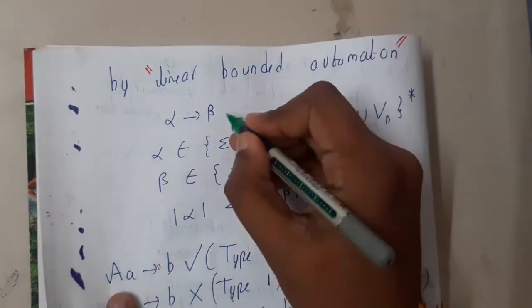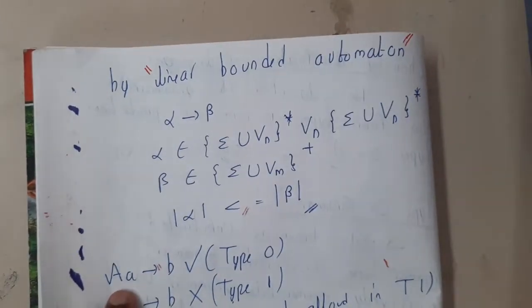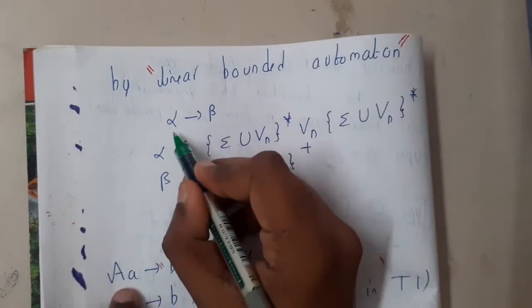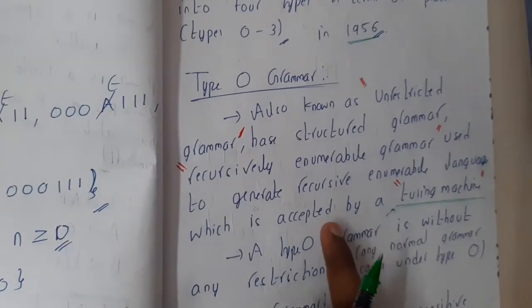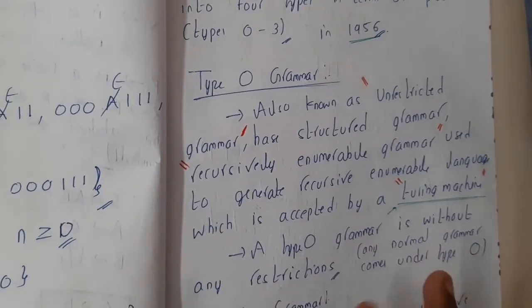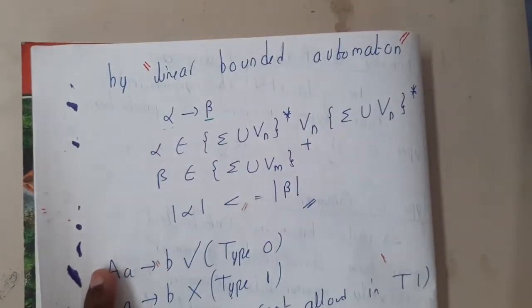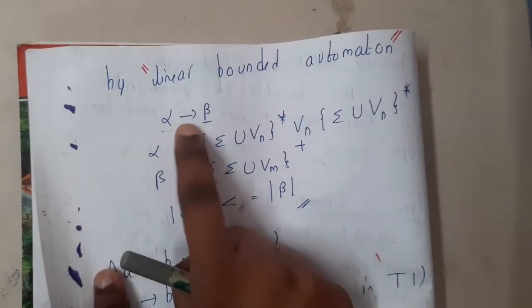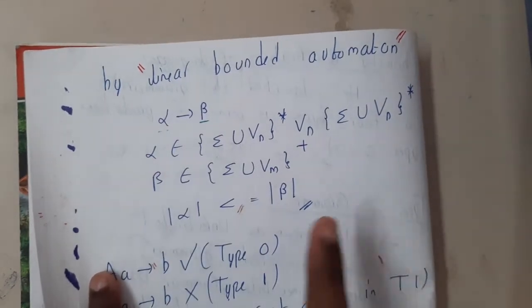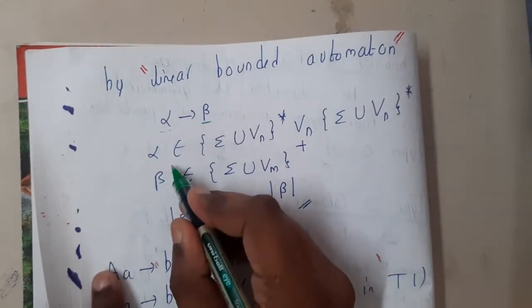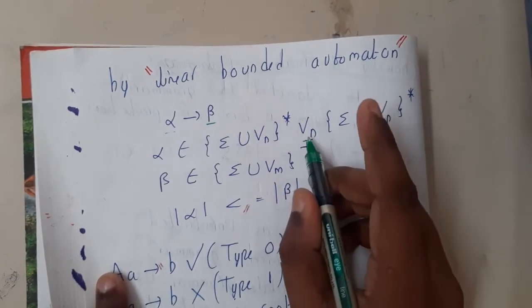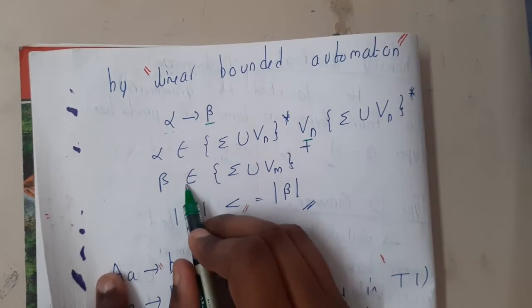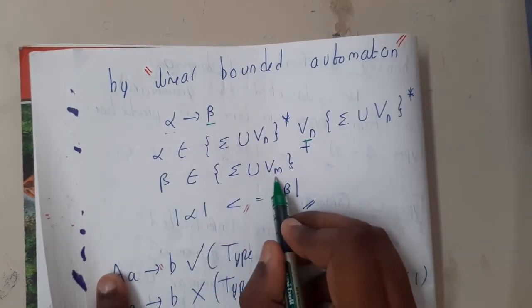The only rule here is, if we have alpha implies beta, I told you that in type 0 we have no restriction. As we move on, the restrictions become stricter and stricter. When it comes to type 1 grammar, we have some strict rules. Alpha implies beta is valid only if alpha belongs to non-terminals, with a minimum of 1 non-terminal, and beta should be only terminals,